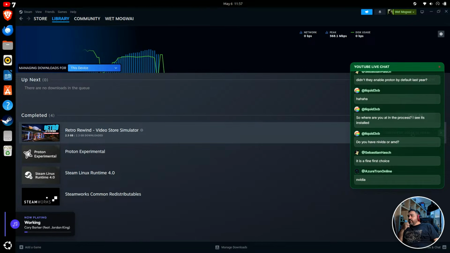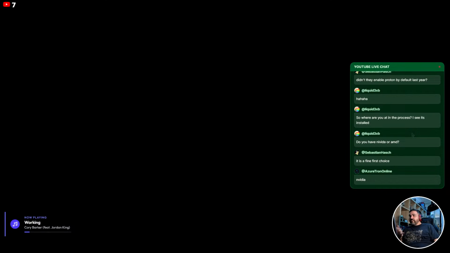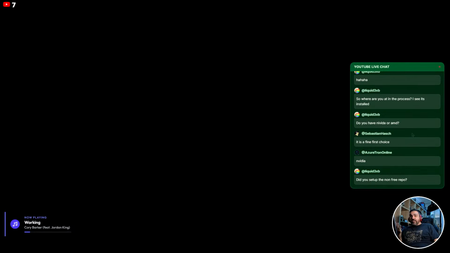So where are you at in the process? I see it's installed. Yeah, so I've got it all installed. I'm just trying things to see how they work. I've installed Steam. I'm installing a game and seeing how it runs, because I don't know if my graphics driver is installed properly. We'll find out. If this game runs like balls, then